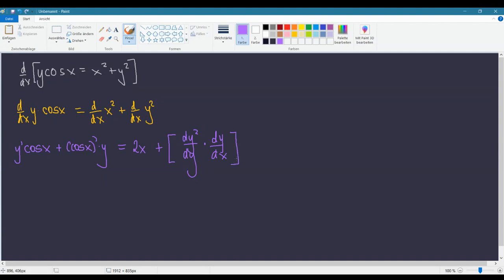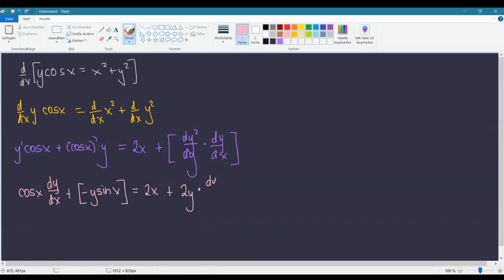So here we go. And I'm going to change colors. So what we're going to end up with here is cosine x times dy/dx, which is our slope of the tangent lines. In the end, that's what we're going to be solving for, plus negative y sine x. And the reason for that is that the derivative of cosine x is negative sine x. I'm going to pull the y to the front. I'm going to pull the negative to the front. It just looks nicer that way. It's the same thing though. 2x plus, now the derivative of y squared with respect to y is 2y